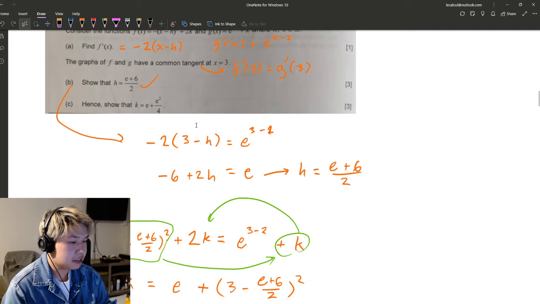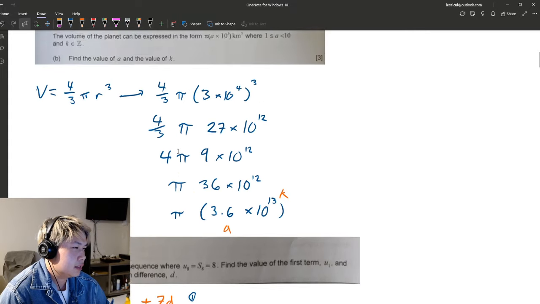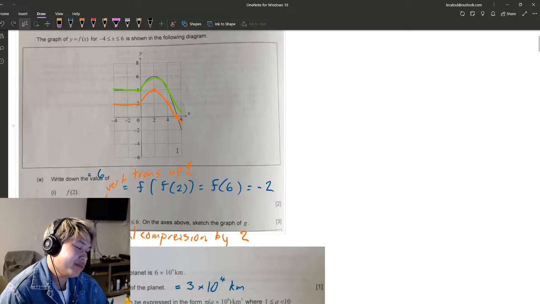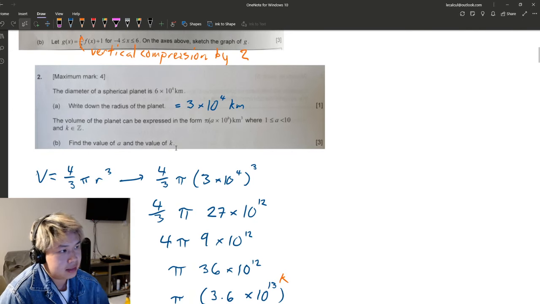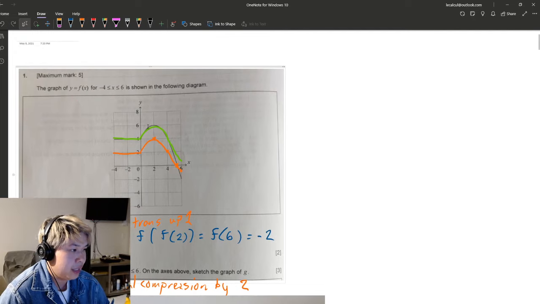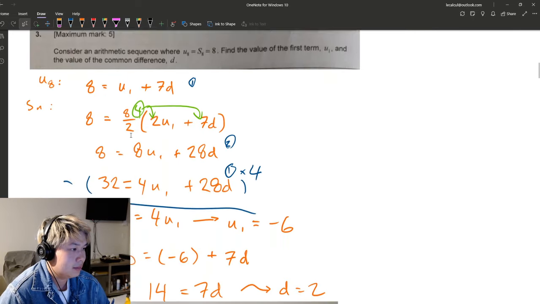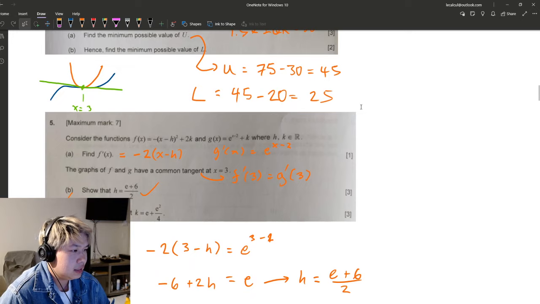Okay, so the question: do I think that this is harder than other papers? I can see why you might think that it's harder. And if you consider the way that they presented some of these questions, they're a little unusual. So it is harder in the sense that the way they've presented it is not something that's been seen before. But if you have been paying attention, the math hasn't been that difficult. But of course, you need to have been able to understand what they wanted you to do. But overall,